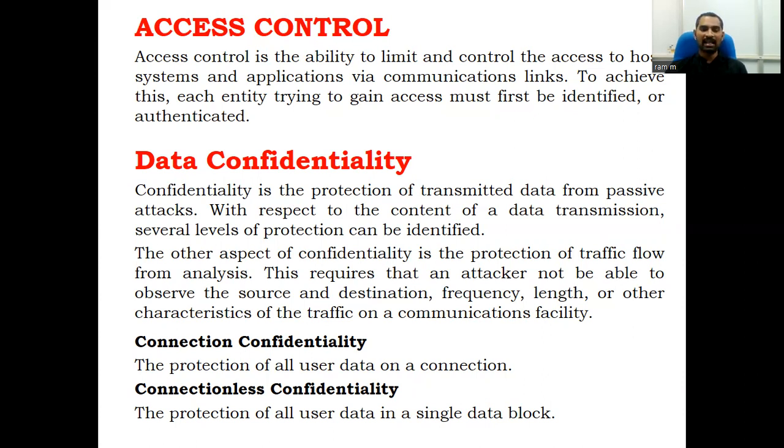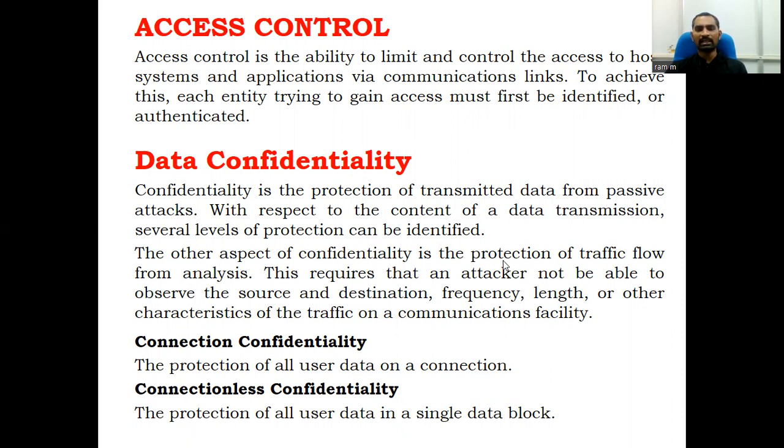So in the last class, we have seen that there are two attacks on confidentiality. One is snooping and another one is traffic analysis. Snooping is that they just read the data. So to overcome that attack, we gave one solution, that we use encipherment. To overcome traffic analysis also, we use encipherment, right?